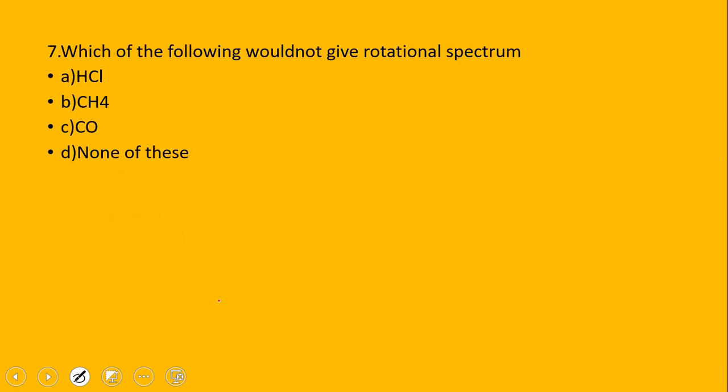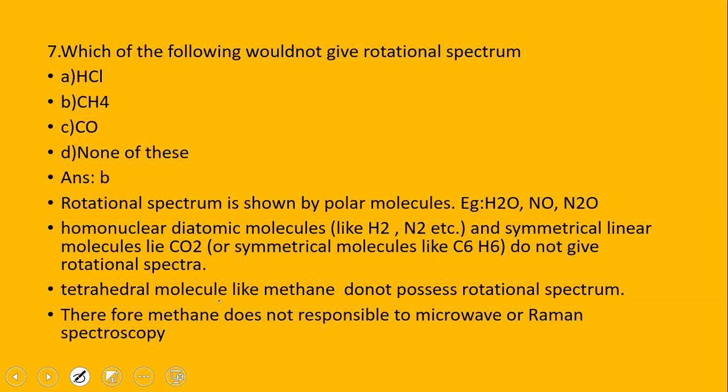Next is, which of the following would not give rotational spectra? Option A, HCl. Option B, CH4, methane. Option C, carbon monoxide. Option D, none of these. The correct answer is methane. Rotational spectrum is shown by polar molecules like water, nitric oxide, NO,